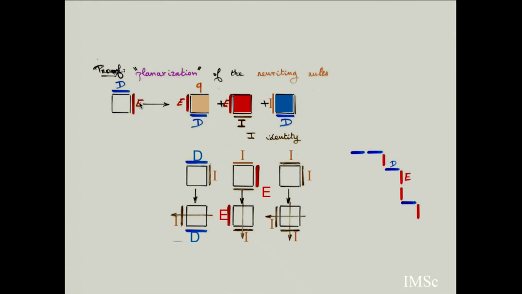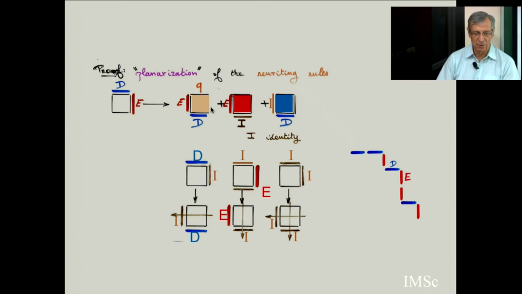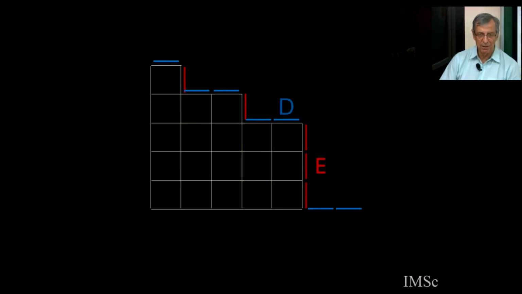The quadratic algebra has the quadratic rule DE equals ED plus E plus D, with the scalar coefficient Q. So I write this in a planar, two-dimensional way, with some labels, when I do DE equals ED, when I do DE equals E, or DE equals D. And so I introduce again the identity operator on horizontal and vertical edges. So you see there are 3 possible labels for this rewriting, and here again 3 possible labels. So in fact, there are 6 possible labels for the cell to remember which rewriting you have done, and I give you an example.